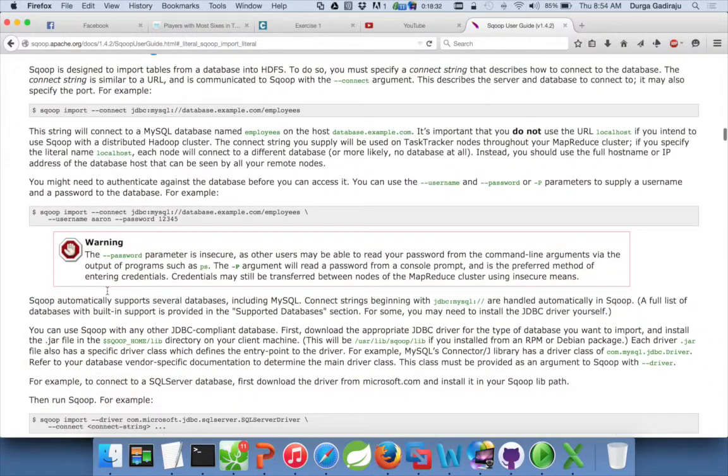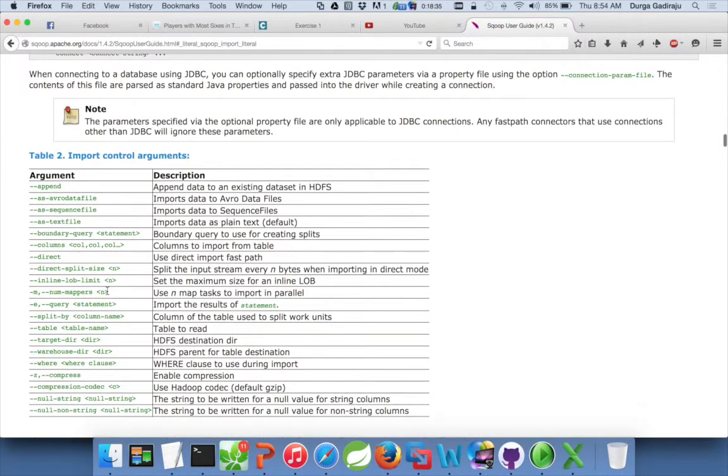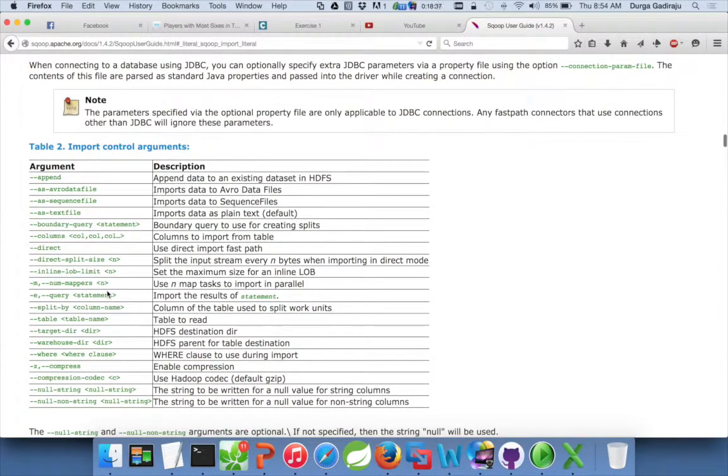These are all common arguments, and control arguments are the ones which tell how to run the import. There are plenty of them, and I will cover the important ones. -m or --num-mappers: with this you can tell how many threads to use to copy each and every table. And with --query, you can give a query, and the results of that query will be imported.